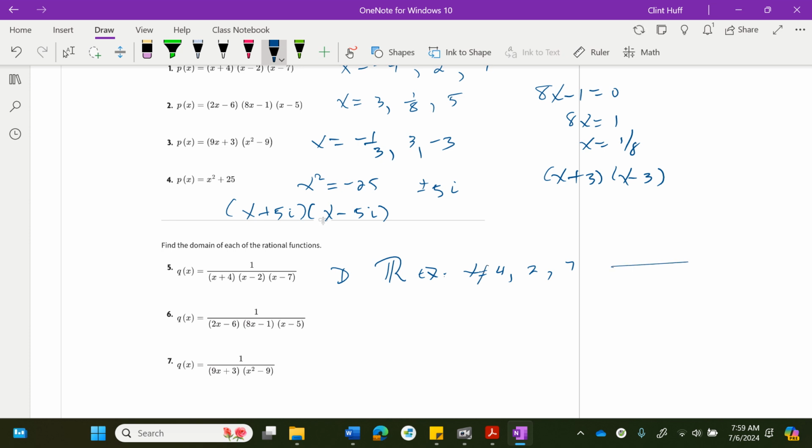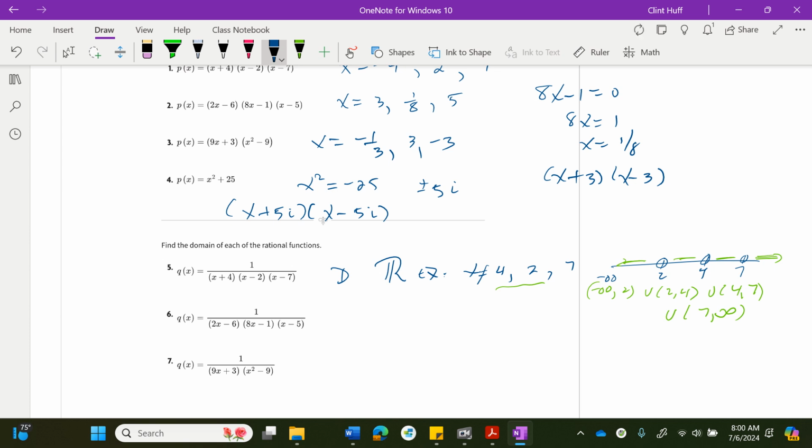2, and 7. On a number line, you could argue that's negative infinity to 2, pop out the 2, and then 2 to 4, pop out the 4, and then 4 to 7, pop out the 7, so that if I shade in green here, all these intervals, like negative infinity to 2, that open interval, united with 2 to 4, united with 4 to 7, united with 7 to positive infinity. You may see answers like that in a key. I think this is more